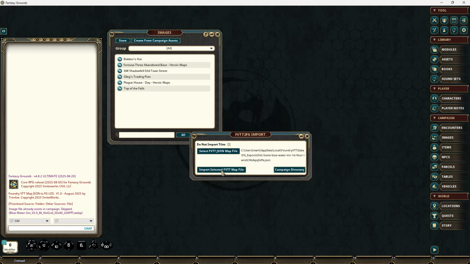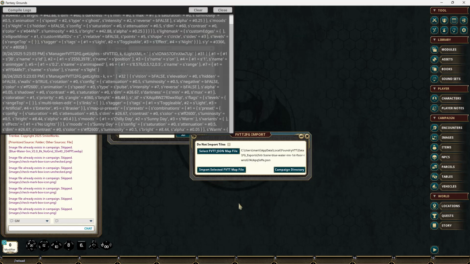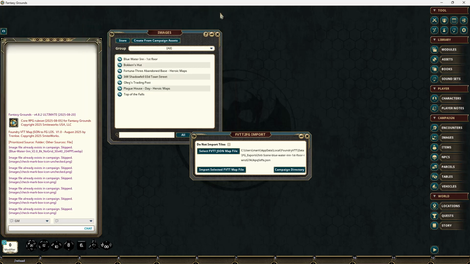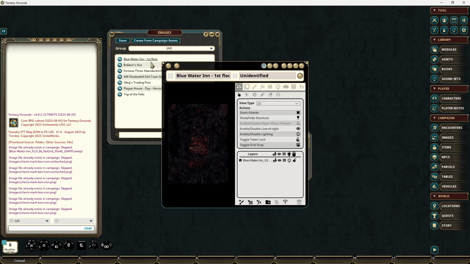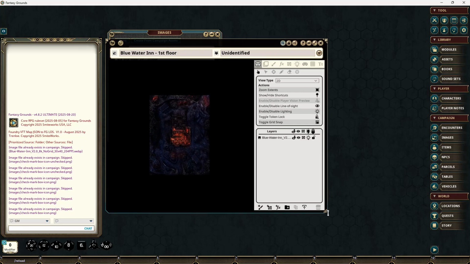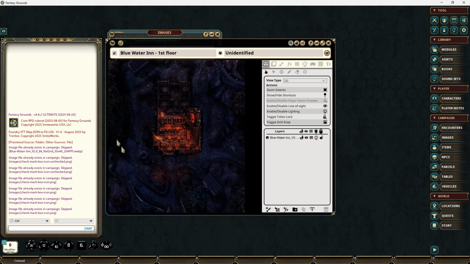So now we should be able to import that file, but we get errors. These are to do with files not existing, basically some tile files not existing. To get around that, it still creates the image. I'll just open the image now. It creates the image up to the point where it was getting the errors. But